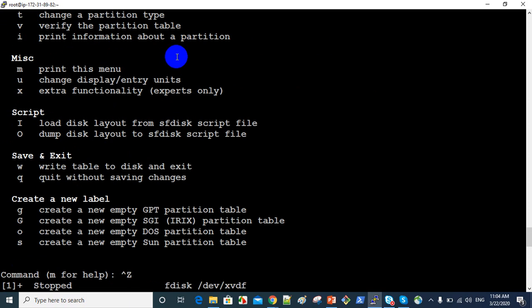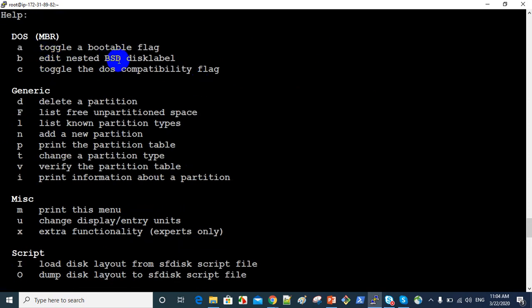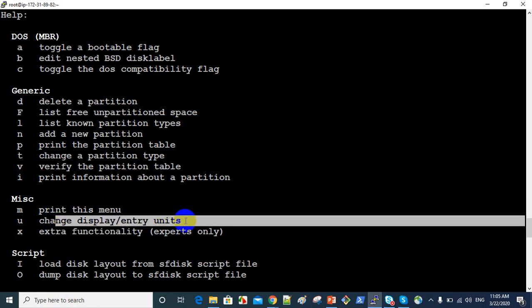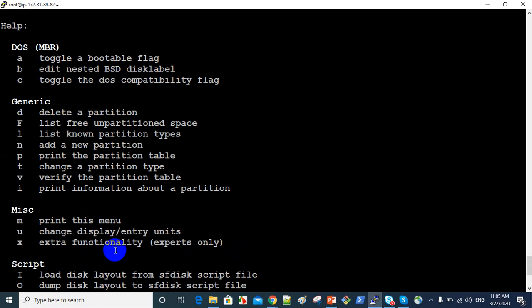Let us check here, very important thing. A means toggle a bootable flag, B means edit the BSD label, and D is very important here: delete the partition. L lists the known partition types, N adds a new partition, P prints the partition table, T changes the partition type, V verifies the partition table, and I prints the information about a partition. M means menu, it prints the menu. U means change the display and entry units, and X means extra functionality, and like this different types of